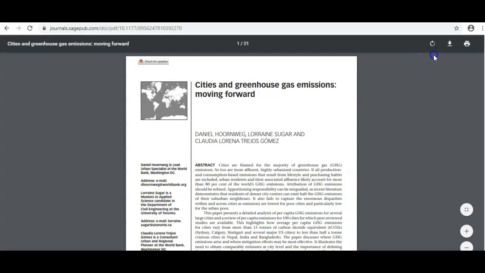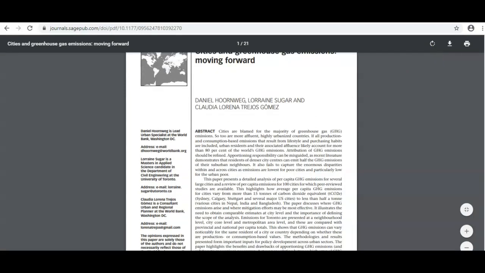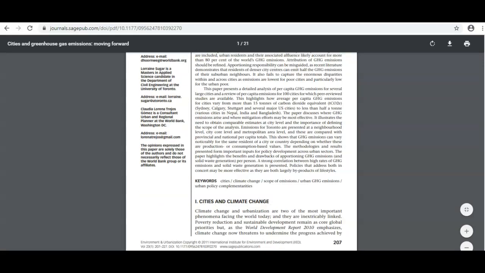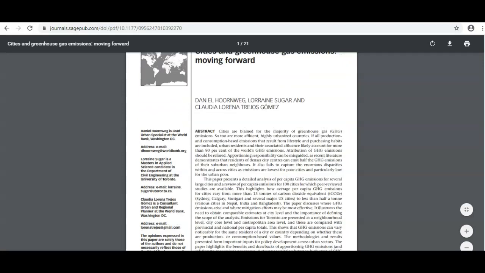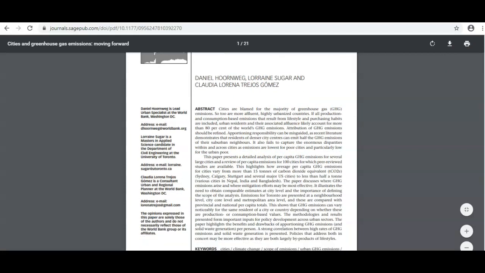So I've already found a peer-reviewed journal article. Now this one's from 2011, so it's a little older. It would probably be limited to using in like showing a trend, historical information, but you can see what I'm talking about. They have the abstracts. You can't really tell where the authors are, but if you're looking up the authors, you can usually tell they've written something else. Actually, World Bank,